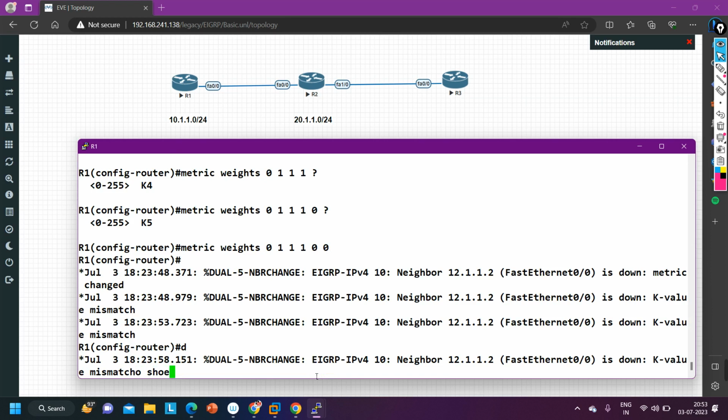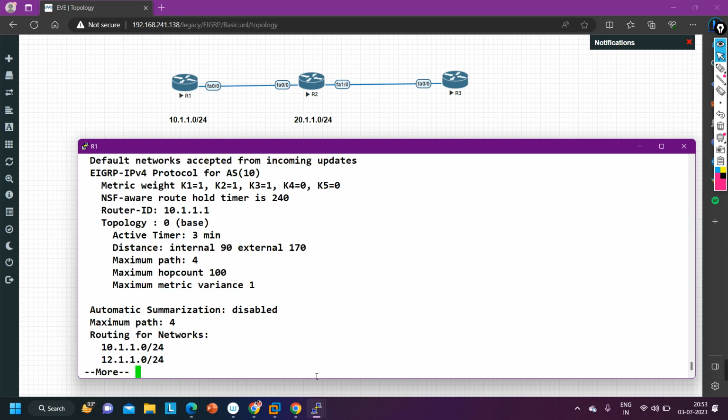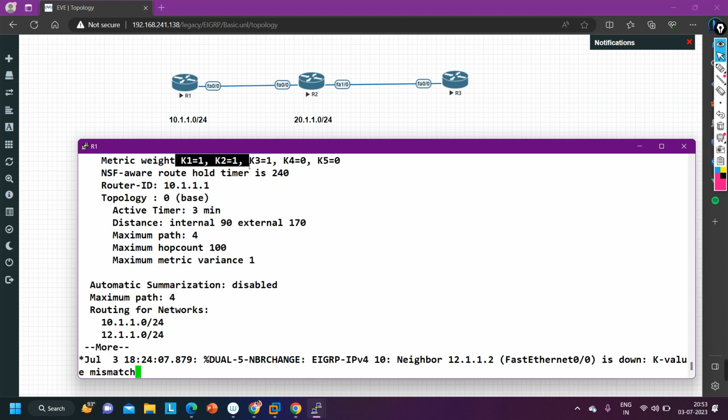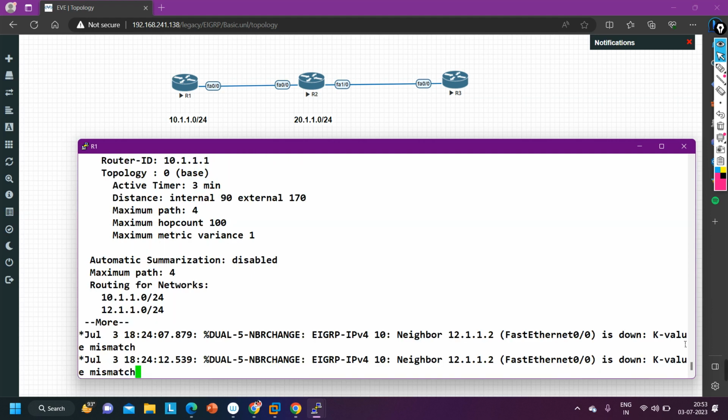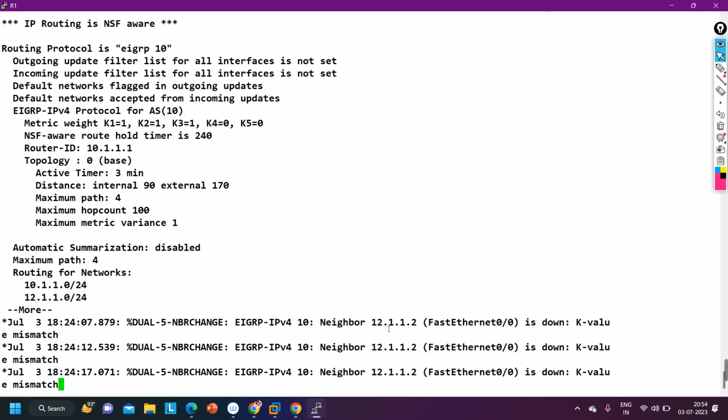Yes, do show IP protocol. In this command, we are using K1, K2, K3. So EIGRP neighborship is down because, you can see the log message, K values mismatch. Getting my point?